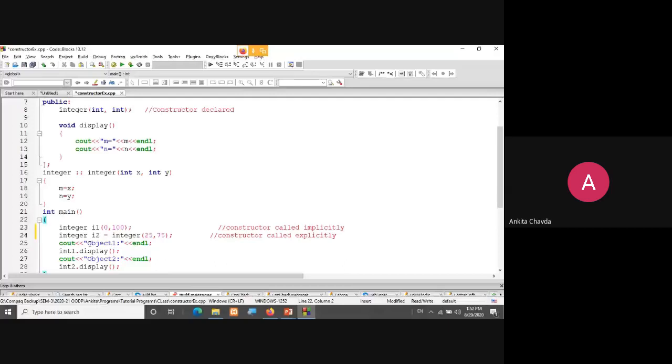The same thing I'm showing by my display method. Generally in the putdata or display method, I'm just writing the cout statement: the value of m and n is this. That's it. So for object 1, I'm doing I1.display, and for object 2, I'm doing I2.display. I'll save this and run it.